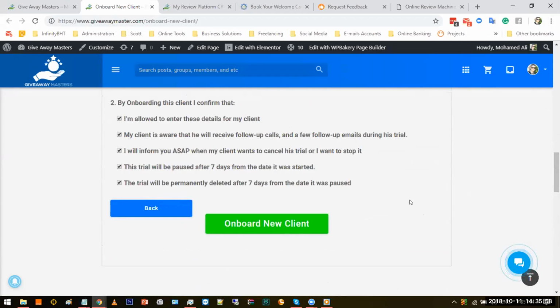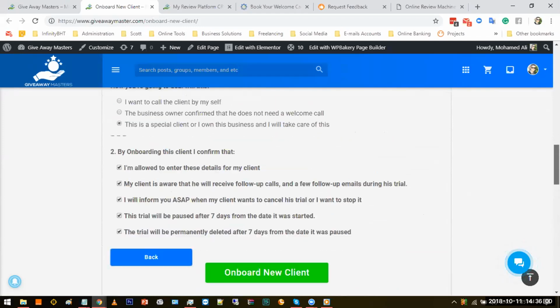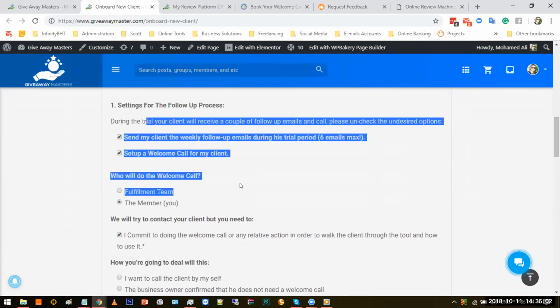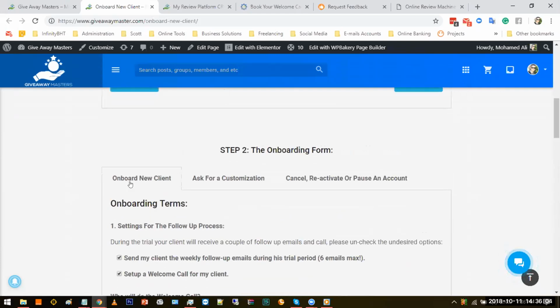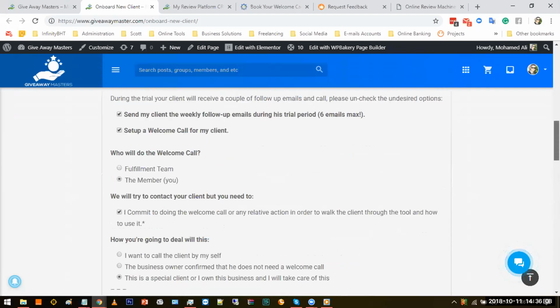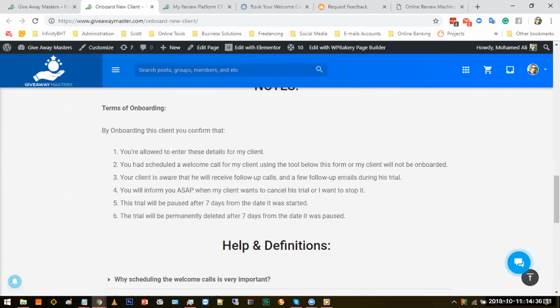How did you get to that page 2? I'm trying to find it. I must have missed something. This page here? Yeah, this is onboard the new client. It's like steps. If I go back,